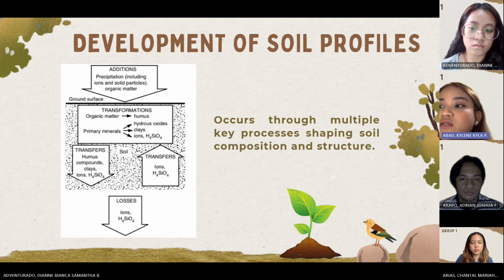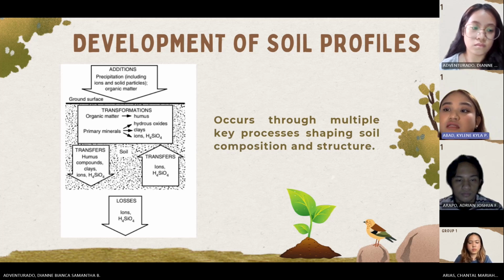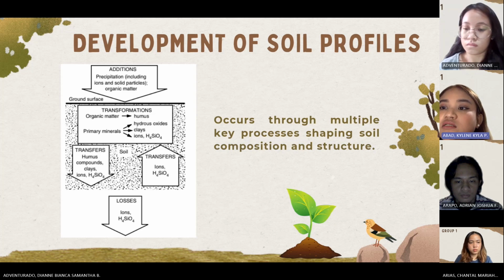Once these materials are introduced, they undergo transformations within the soil, which involve chemical and biological changes. For example, organic matter can decompose into simpler substances and minerals can break down or recombine to